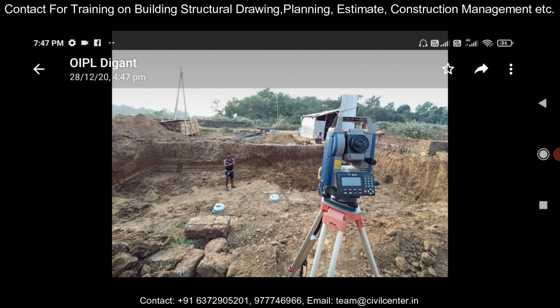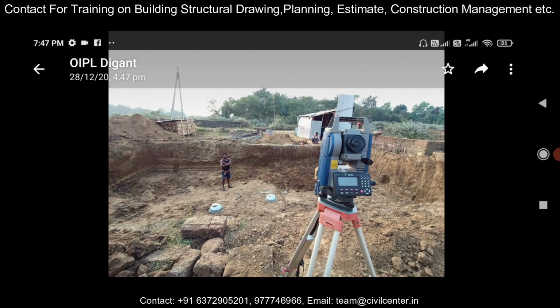So first of all, coming to the construction process. First of all, the land is properly leveled. And after the land is properly leveled, the construction process can start. Obviously, before that, you need to have the structural drawings as well as your architectural drawings ready. After you have that, you start the basic process.